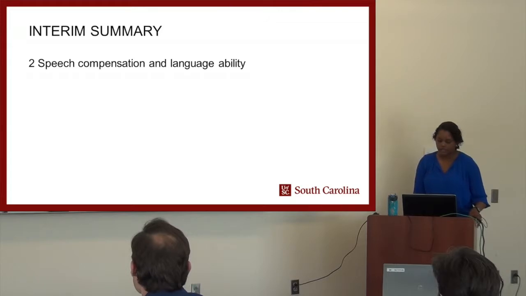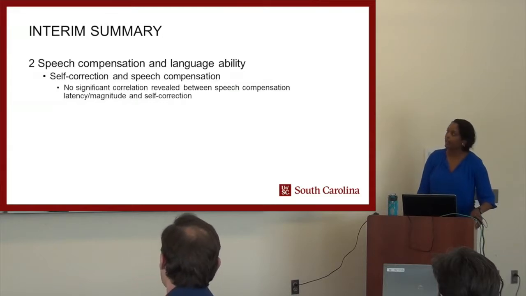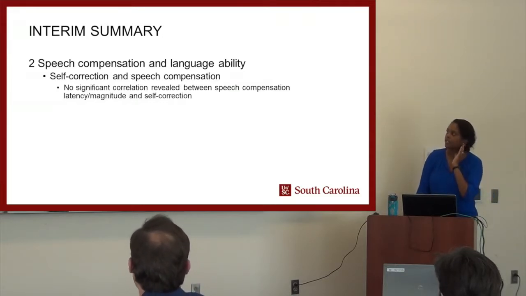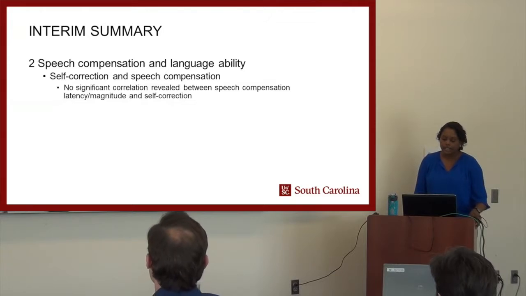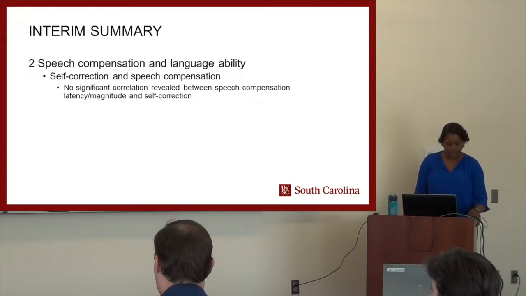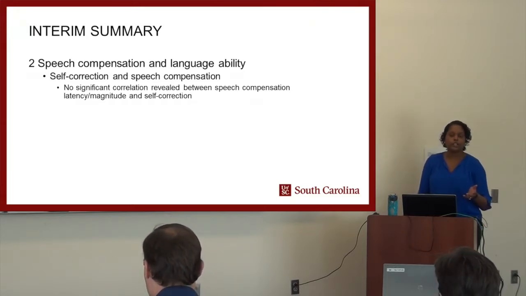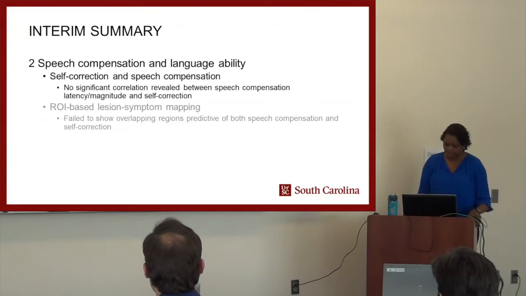So just to summarize those, there wasn't much in terms of these results. We had a lot of no results for this aim. There's no significant correlation between the speech compensation in response to AAF and the performance on the naming task. Again, the idea was that individuals who have difficulty with error detection that is automatic and unconscious will also have difficulty when those errors are more overt. But I think it's still worth examining further, possibly with a modification of the method or analysis.